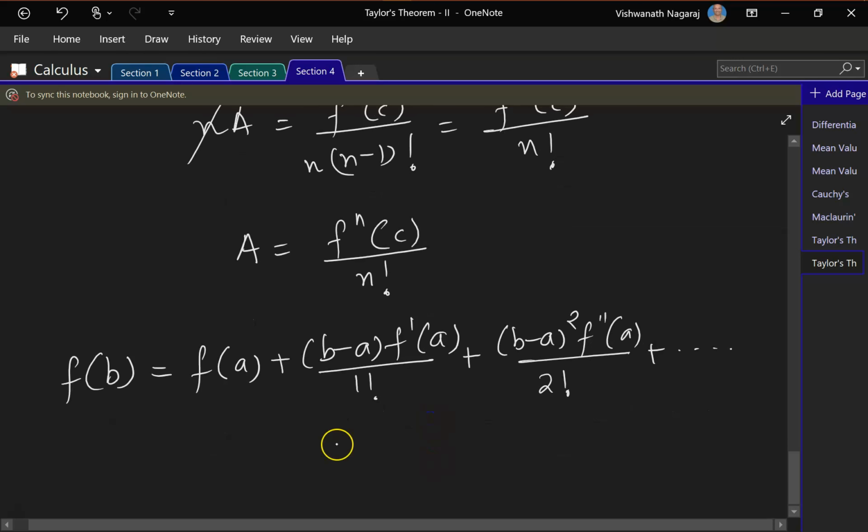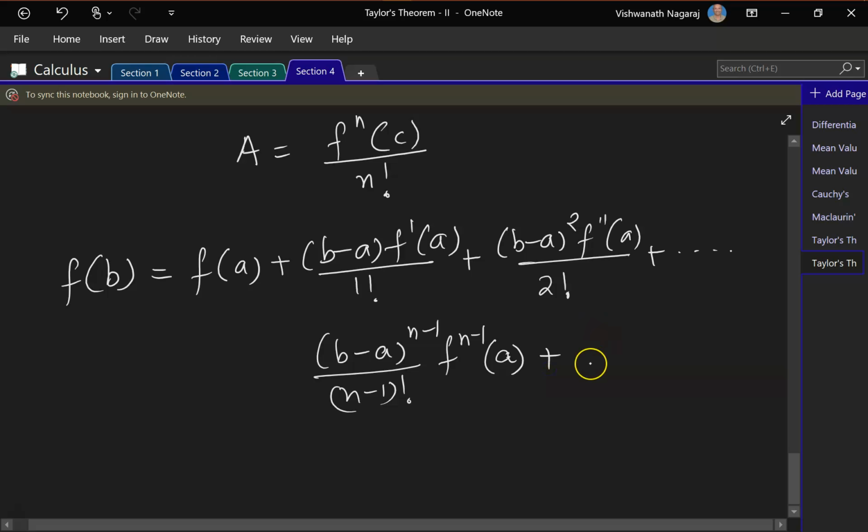The nth term would be b minus a n minus 1 by n minus 1 factorial times n minus 1th derivative of f of a